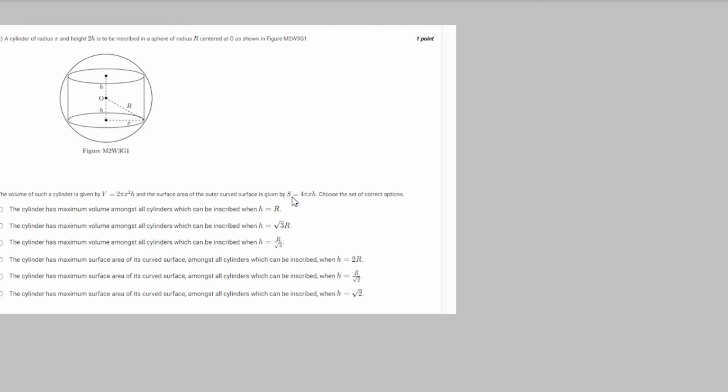Now the second question states there is a cylinder which is inscribed in a sphere of radius r and the cylinder has height equal to 2h. Based on these statements we have to compute the condition when the cylinder has maximum volume and when it has maximum surface area, and what the relation will be between the height of the cylinder and the radius of the sphere. Since the volume of the cylinder is given by 2 pi x square h